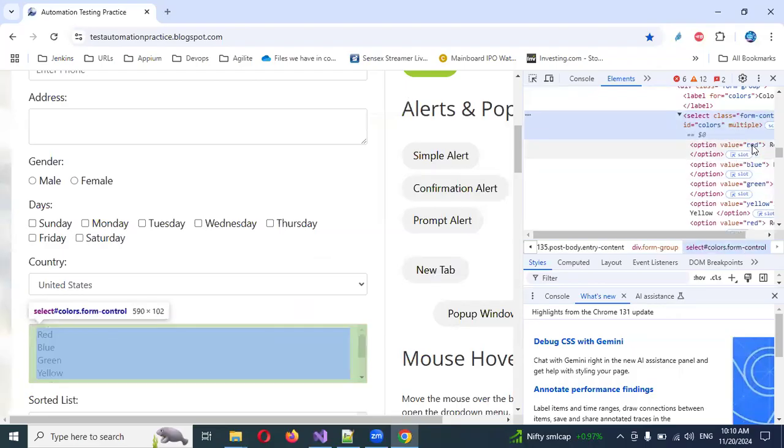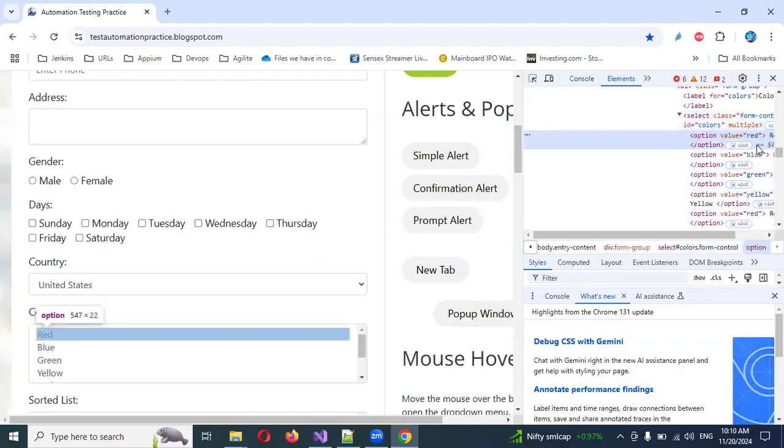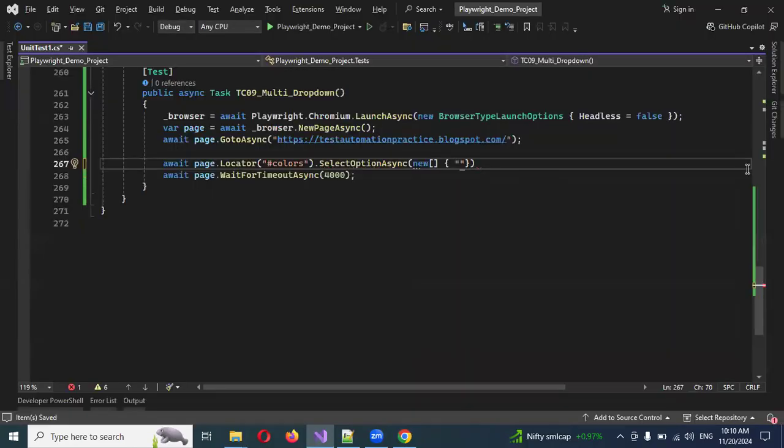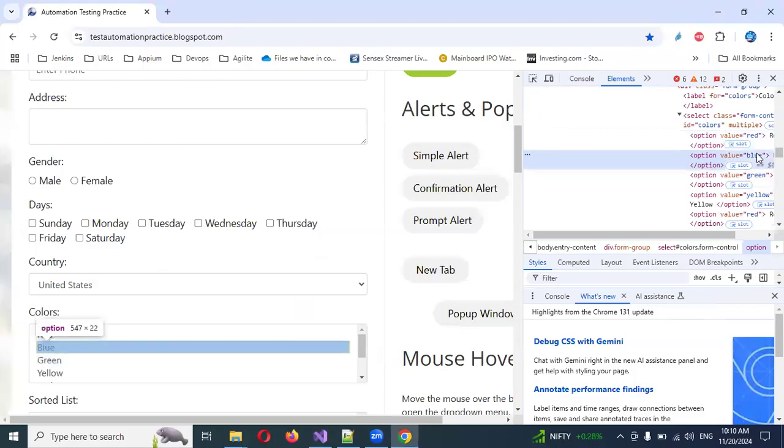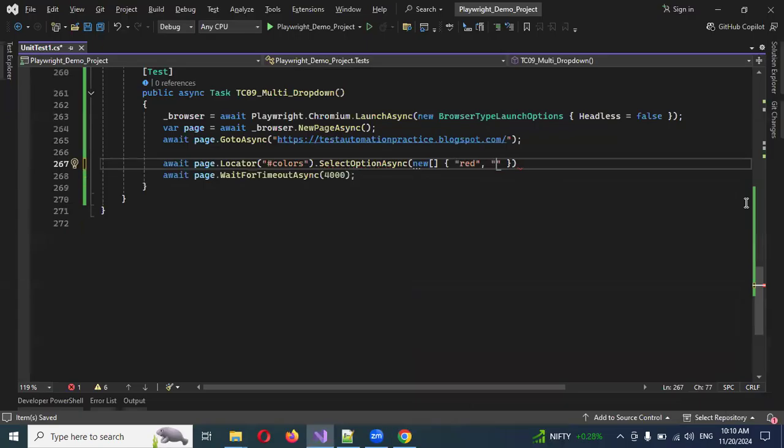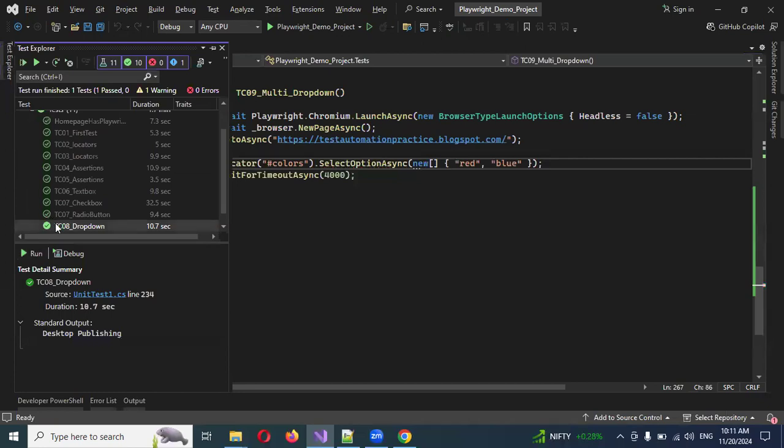I'm expecting red, comma, and then blue. Both values I'm expecting. Then semicolon, sorry. Now if you run this again,